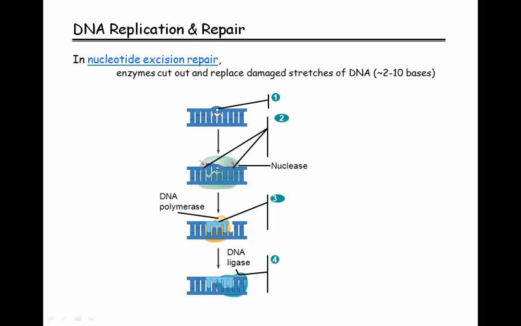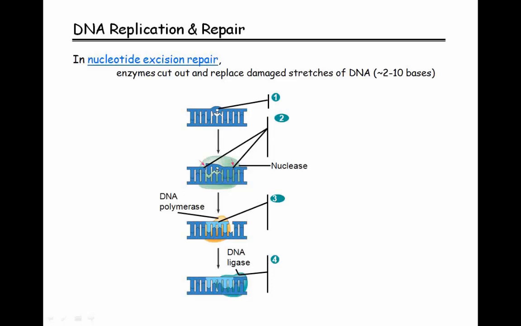If you think back to the end of chapter 12, we had a number of things that were considered carcinogens or cancer-causing agents. Different chemicals, viruses, bacteria, things in the environment, radiation. All of those things were considered carcinogens because they had the potential of changing the DNA. So if we do get changes in the DNA, anytime during the cell cycle, nucleotide excision repair is around to